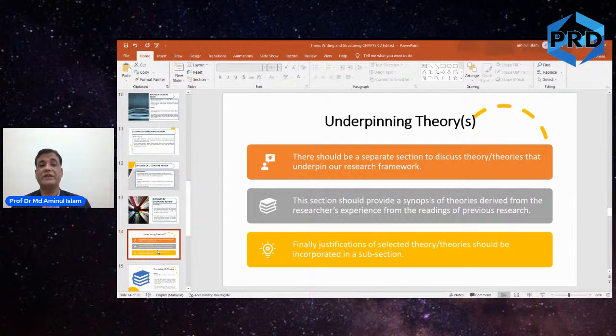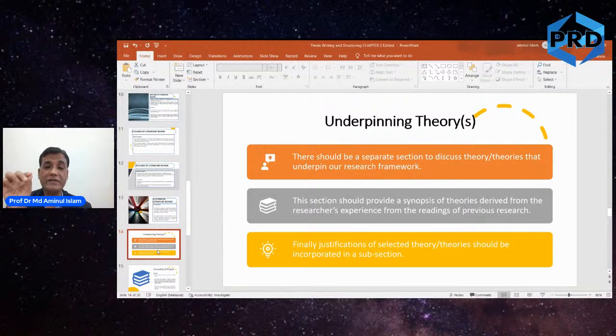Now, this is very important: every literature review chapter, every study, would be underpinned by a theory. In any research topic, any research area that you talk about, there are many theories that underpin your research. There are many theories that explain the phenomena, and many theories that explain the problem that you have identified. So we have to have a separate section discussing the theories, and from the 4 or 5 theories, you highlight 1 or 2 that you have taken as an underpinning theory. The underpinning theory is the theory that underpins your theoretical framework. It is the theory that supports the independent variables that you have selected. That's what we call underpinning theory.